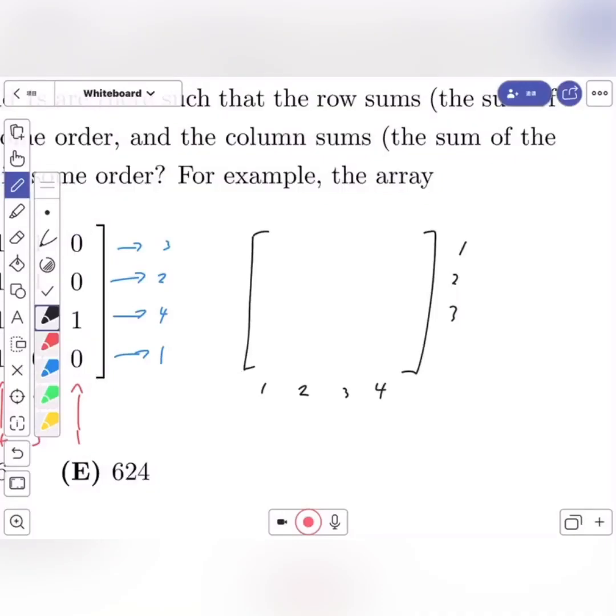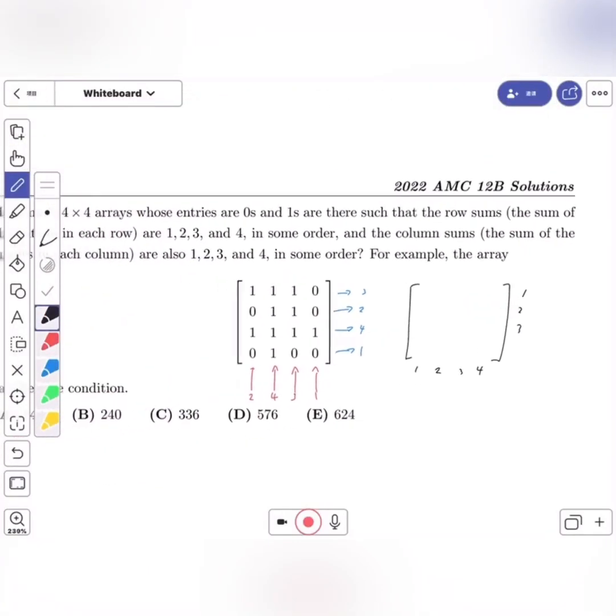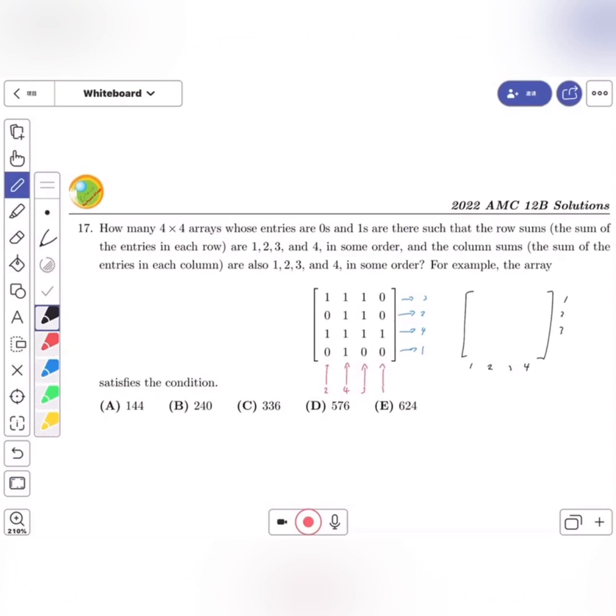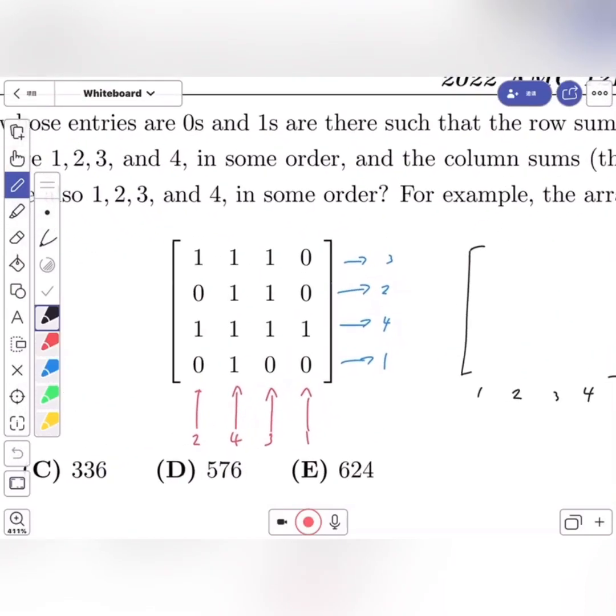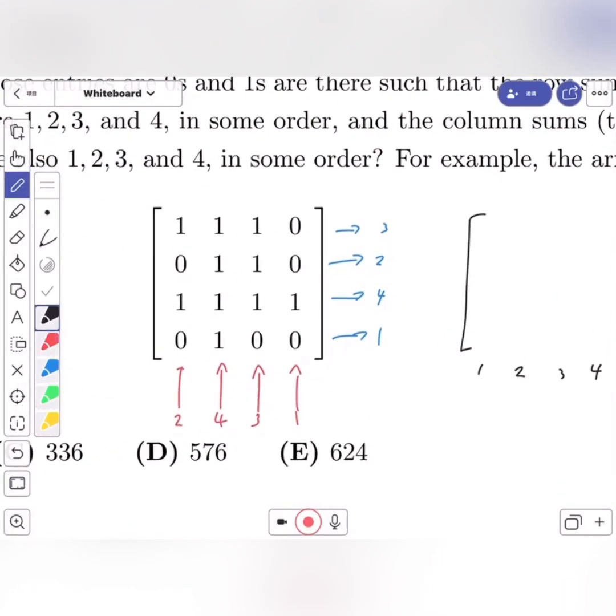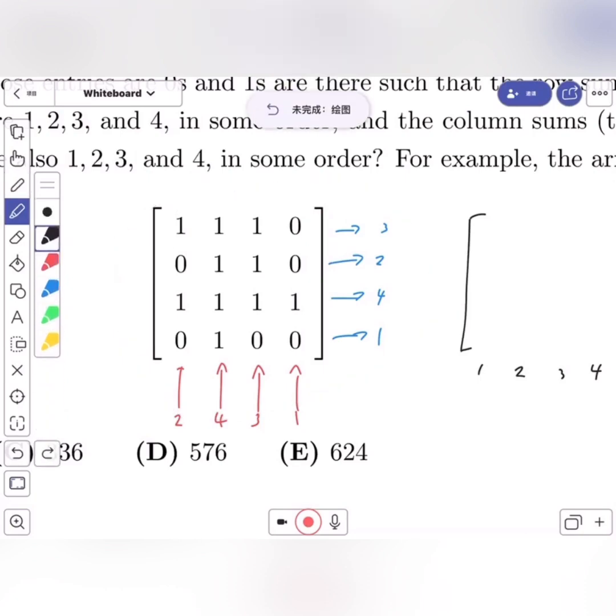Alright, number 17. How many 4 times 4 arrays whose entries are zeros and ones are there such that the row sums are 1, 2, 3, and 4 in some order, and the column sums are also 1, 2, 3, and 4 in some order? Well, now when we look at this array right here,